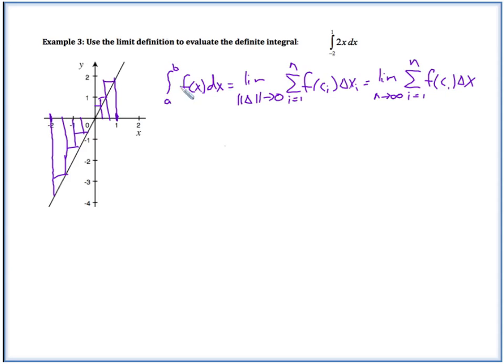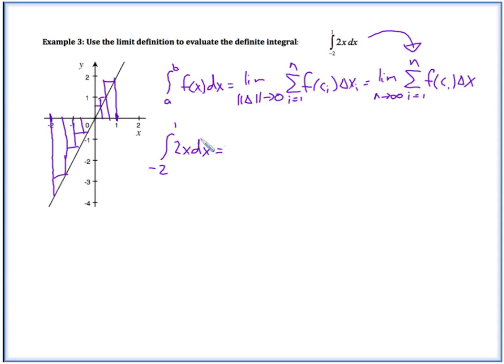Okay, so this is the connection that we just made. So let's go ahead and put that in terms now of this definite integral. And let's go straight into this one because this is the one that we can actually find. Okay, so we're going to go ahead and find the definite integral from -2 to 1 of 2x dx,